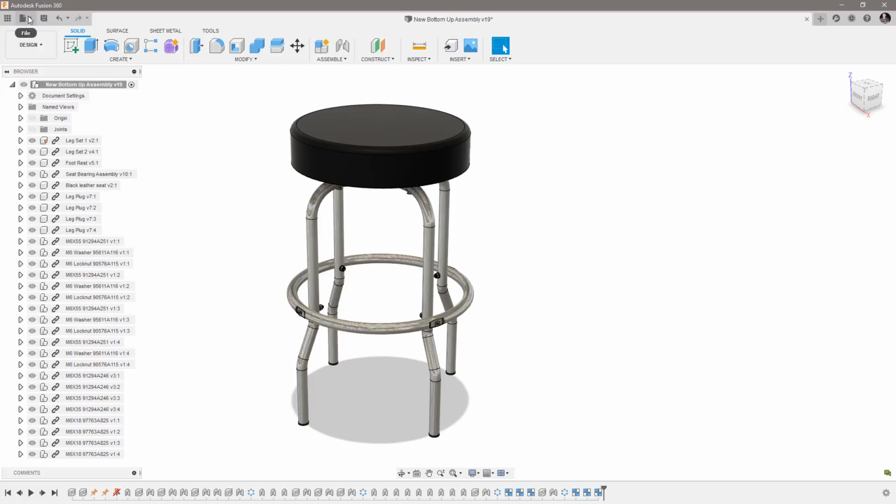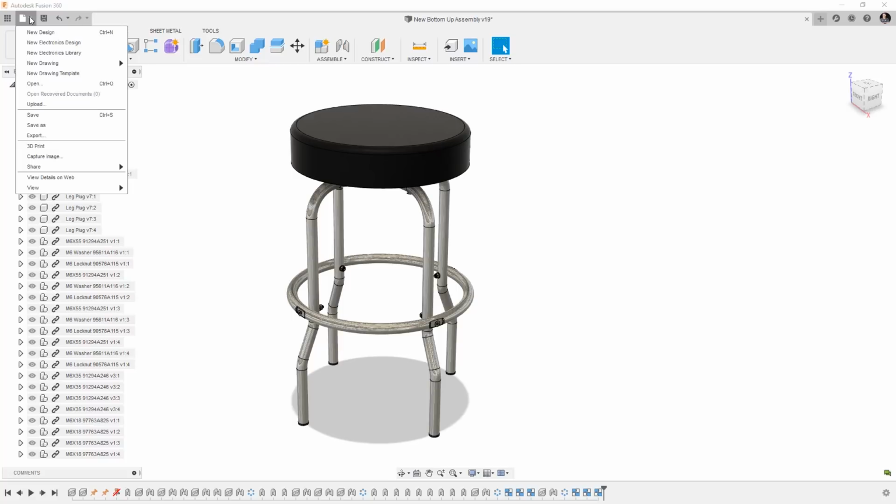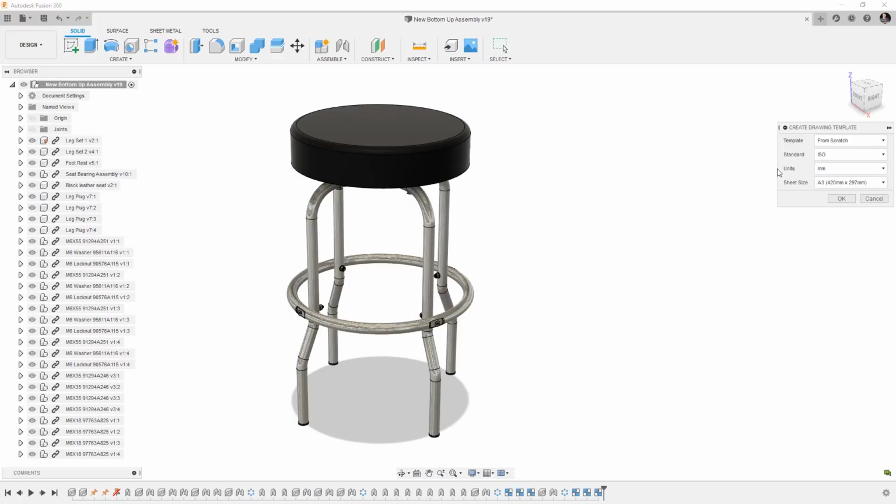So the first one, if we hit the drop down, you will see that we can create drawings, but what is new in here is they've also made the drawing templates easier to access. So a drawing template will let us insert a part or an assembly into a drawing where we've specified the different views. Let me show you. So I'm going to click on a new drawing template, and I'm just going to select an ISO from scratch,